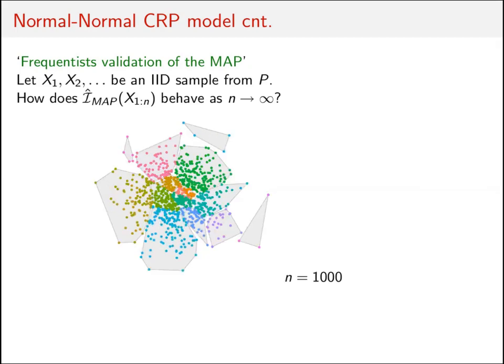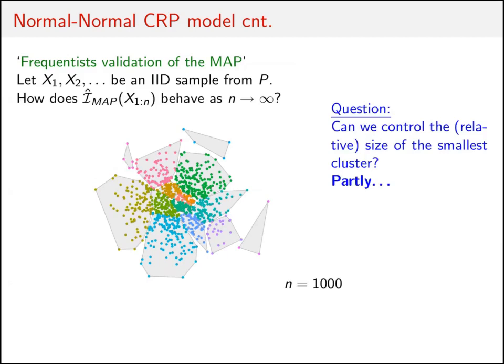And there are several natural questions you can ask in this setting. For example, what about the cluster size? Is it that at some stage you have a fixed number of clusters whose number increases somehow, or perhaps every once in a while you obtain some tiny cluster, something inside, just because of the randomness in this procedure. So we partly answered that question about how the cluster sizes of the MAP behave, but in a restricted setting.